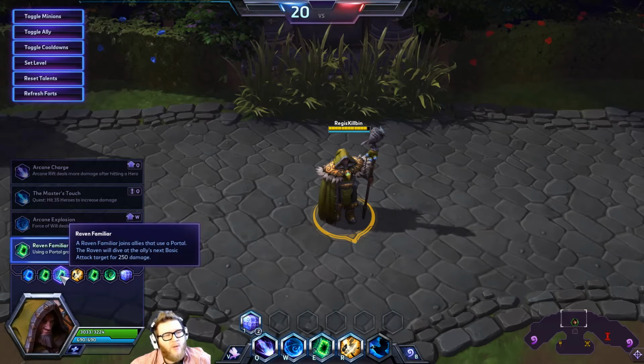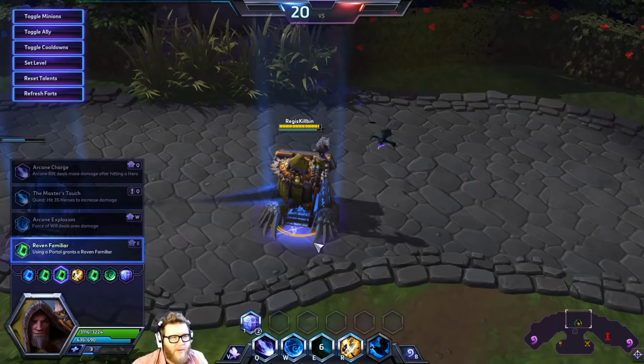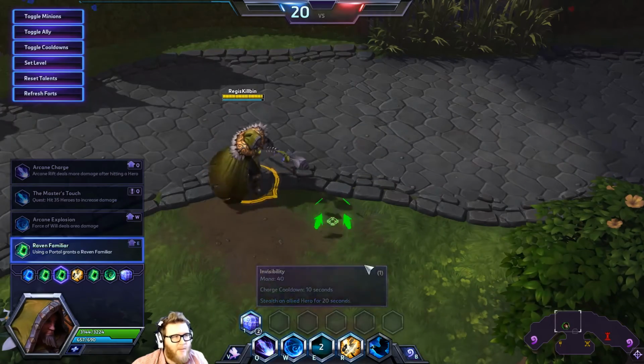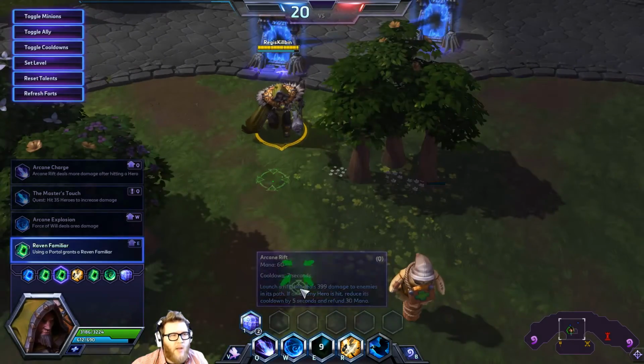Now when you walk through a portal, you get essentially what is a new buff that is applied. A Raven will be applied to any hero that walks through a portal. So we can actually just go ahead and see this in action, right? We'll get a little Raven familiar flying around us here. Now the next time we make an auto attack, and this Raven stays at our head for a little while, at least while the portal is up, but the next time we make an auto attack, we actually are